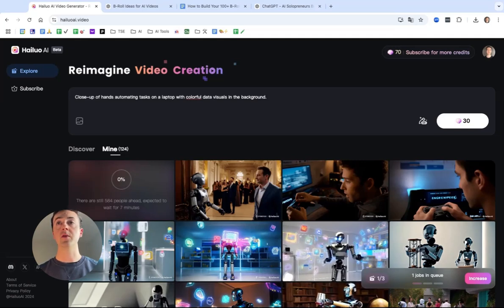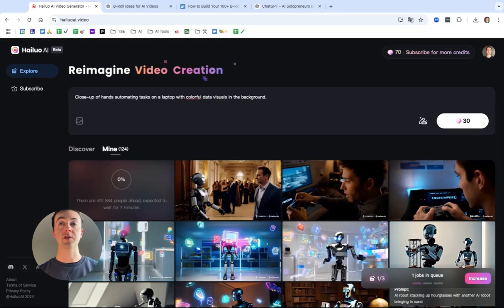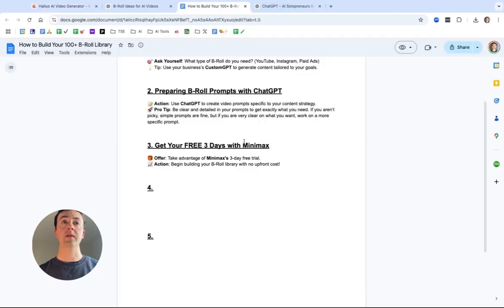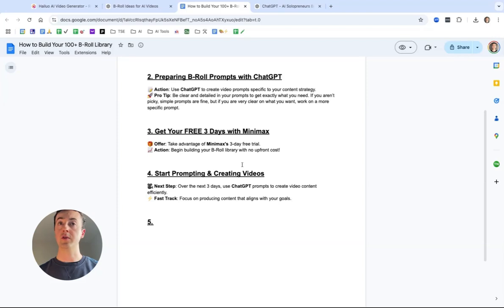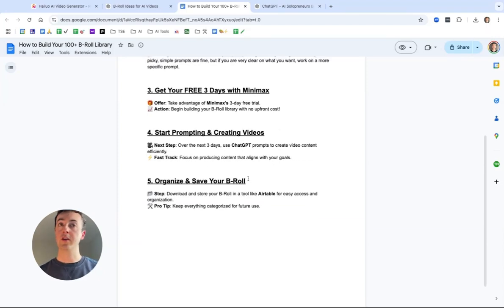There is a queue, so you can prompt 3 at a time, and that's as much as you can on the free plan. So basically you just prompt 3 at a time, come back in 20 minutes, and then just do it again. So once you've started, you've got Minimax, you've got the tool, it's really high quality. You prompt it, you go through the videos,